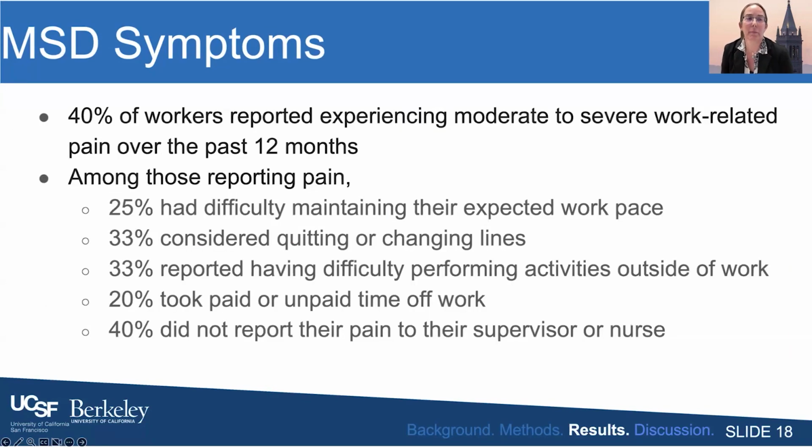Okay, when it comes to musculoskeletal symptoms, 40% of workers report experiencing moderate to severe work-related pain, so 5 or higher, over the past 12-month period. And among those reporting pain, 25% had difficulty maintaining their expected work pace. A third considered quitting or changing lines. A third reported having difficulty performing activities outside of work. 20% took paid or unpaid time off of work, and 40% did not report their pain to their supervisor or